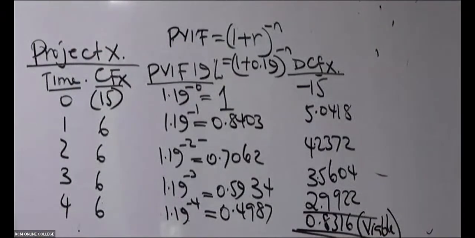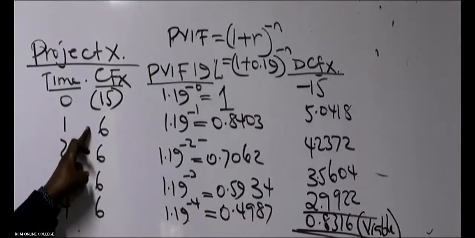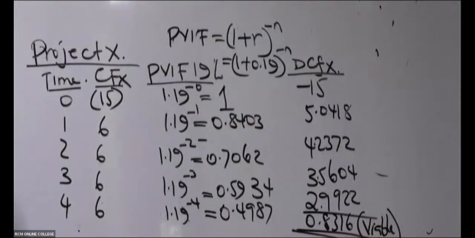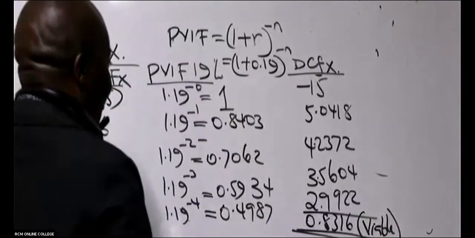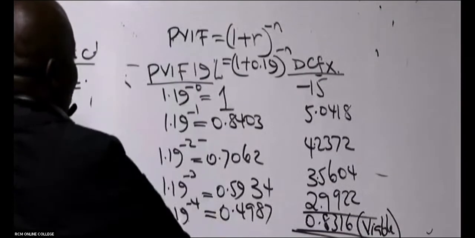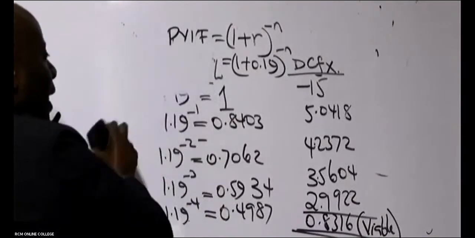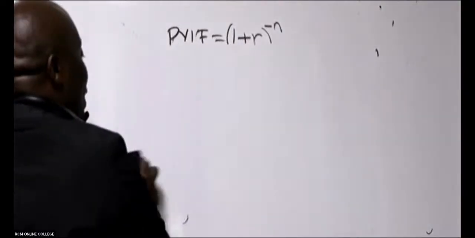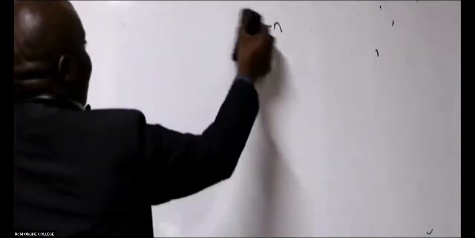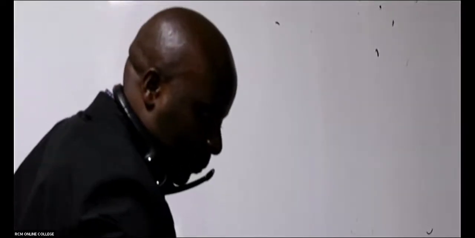The first question that I was asked here is why, Mwalimu, are we using PVIF? And yet you can see that project X is yielding constant cash flows. Yeah, you're right. So mention that method 2, because I can see 6666. Mention that method 2. So under method 2, for project X, first of all, it's always good for you to be aware of the 2. So method 2,